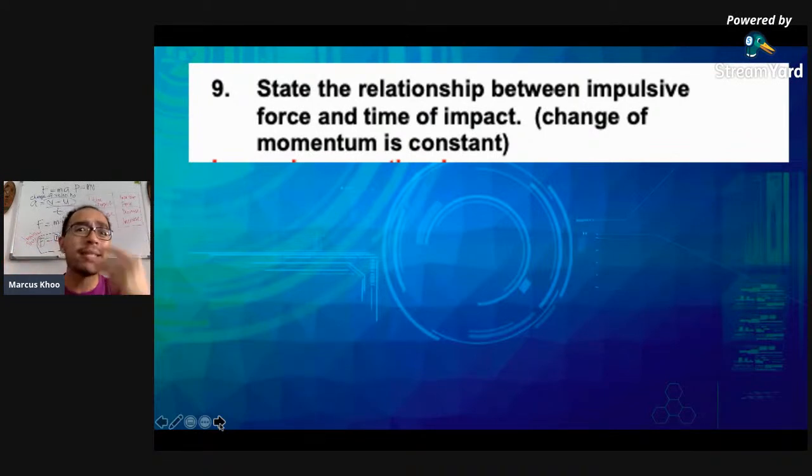To us, 1 second is just like 1 second. But 0.5 seconds and 1 second is a very big difference. In terms of impulsive force, it determines whether your car is going to be a total loss or whether it's going to be just bumper jack and rosak. We don't think about this whenever we see an accident. But we find that the biggest damage happens when the time of impact is very short, because the change of momentum is constant.